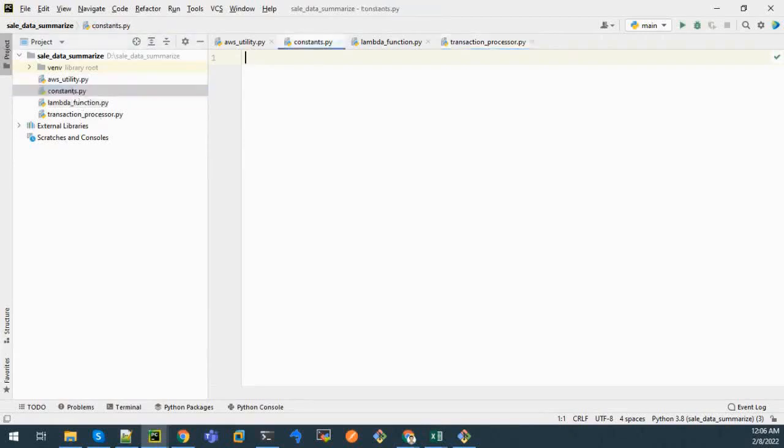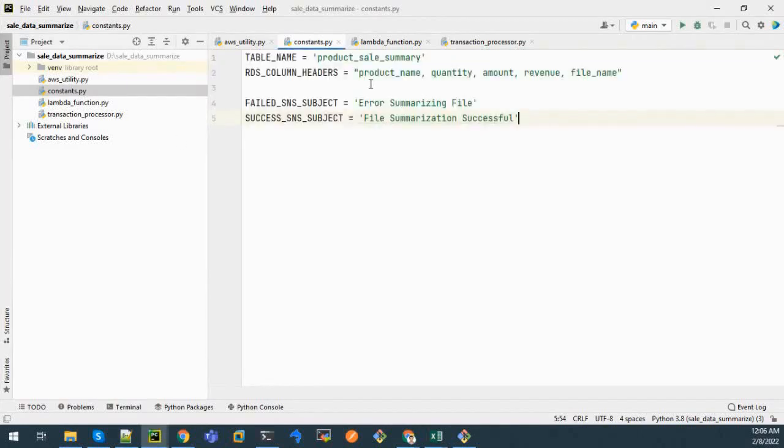The constants file contains all the constant values that we'll use in the project. Let me paste this file here. Since we are using a database, the name of the database table will be here, and the columns of the relational database are as shown. And whenever there is any processing error, then a mail will be sent to the client